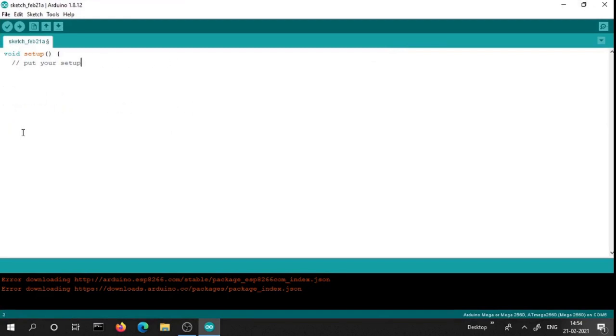Okay guys, we have started. We take the sensor pin as an integer and that sensor pin is connected to S0. Here we are going to take the analog readings of the soil moisture sensor.